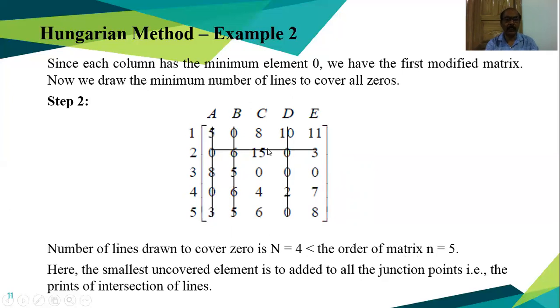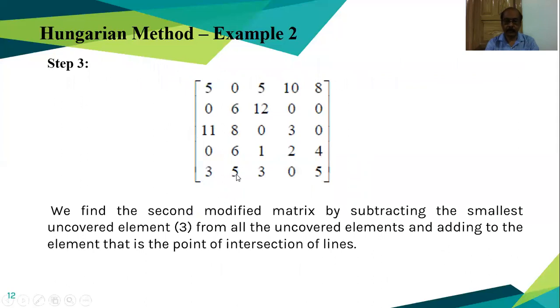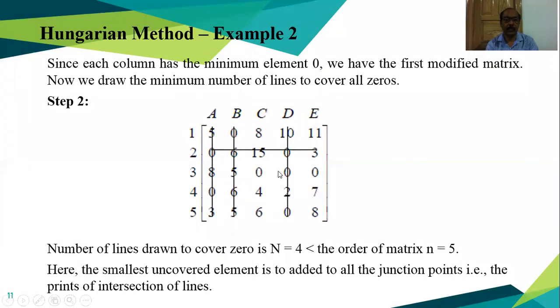How to resolve the degeneracy? This line will be here. From that you have to think. So what are the uncovered elements? See, from the uncovered elements, this line should be here. So 15, 3, 7, 4, 6, 8. So 3 is our minimum element. This is wrongly shifted from here to there. So 3 is our least element from 3, 15, 4, 7, 8, 6.